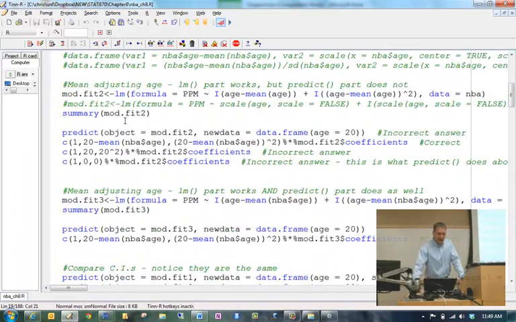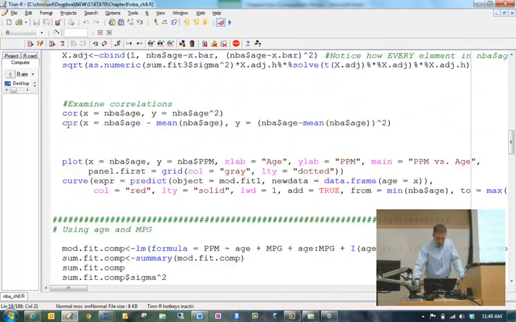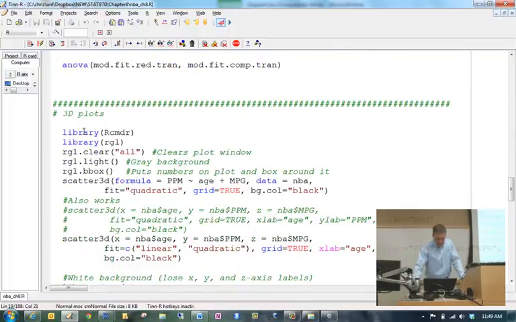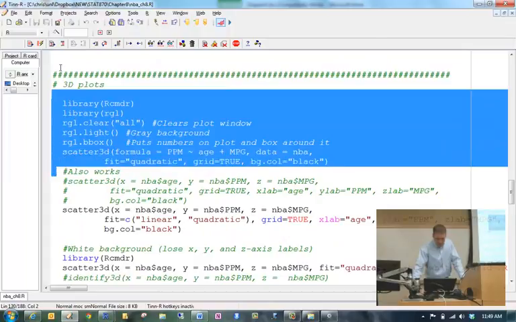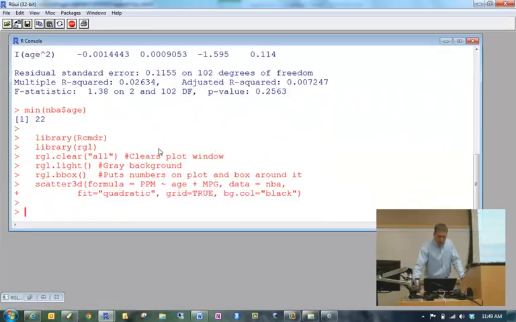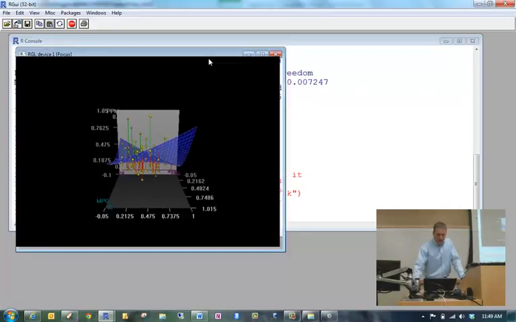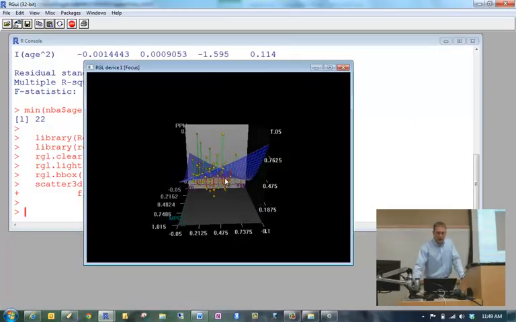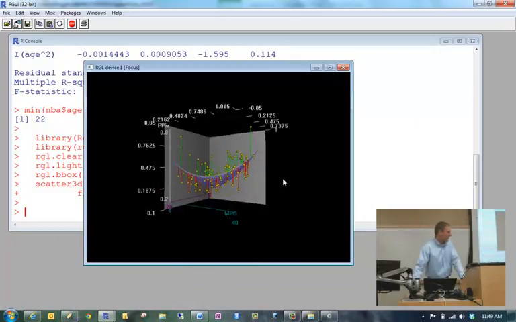Okay, let's look at some of this stuff in 3 dimensions. We can find the corresponding code here to pull up the plot. If you remember when we did this in chapter 6, we looked at a particular function called scatter3d. And this is what the plot then looks like in 3 dimensions.